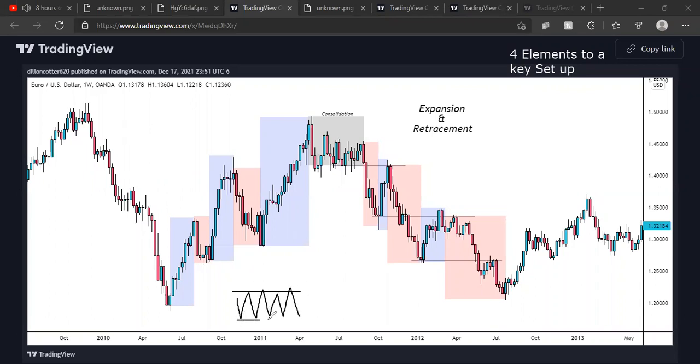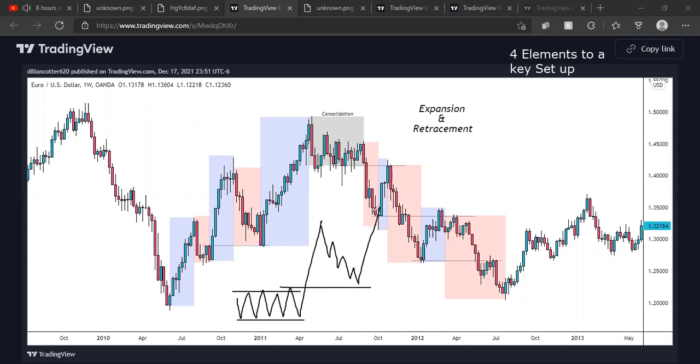So you have your consolidation here. Now you would either get your expansion to the downside here, grabbing liquidity, and then you would see a reversal, right? Or you'll get your consolidation and an expansion to the upside and a retracement back to your demand zone,